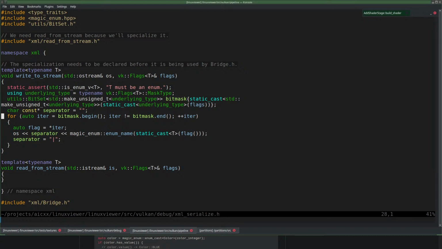Which in turn means that I do not want to overload write to stream for VK flags, but only for enums.